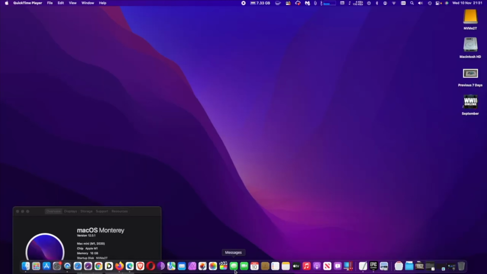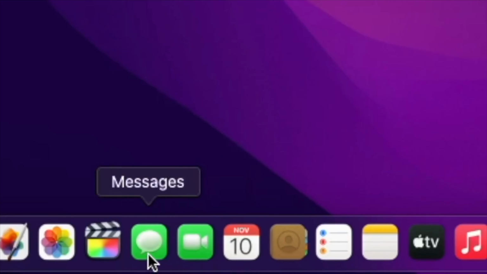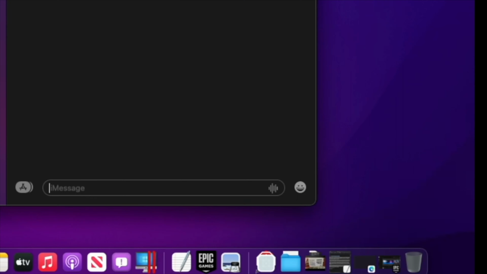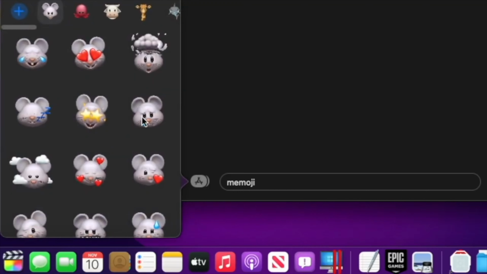I will show you how to use Memoji in Messages on a Mac. You may use Messages on your Mac just like on iPhone and iPads. To do this, launch Messages for macOS. Open the message thread where you want to use Memoji and next, click on the app drawer located next to the typing field. Now, this will bring up the context menu which is normally used to attach images, and select